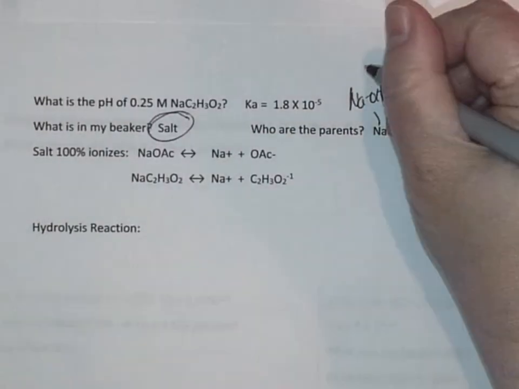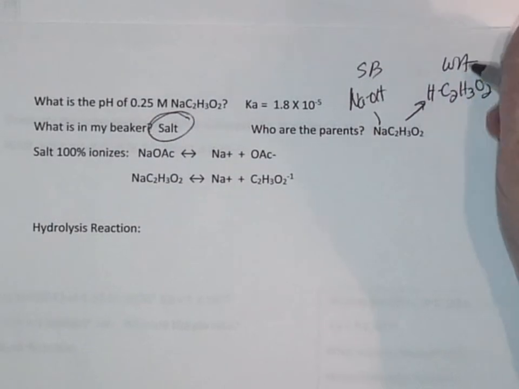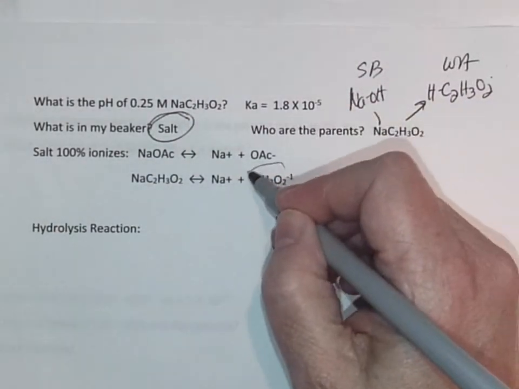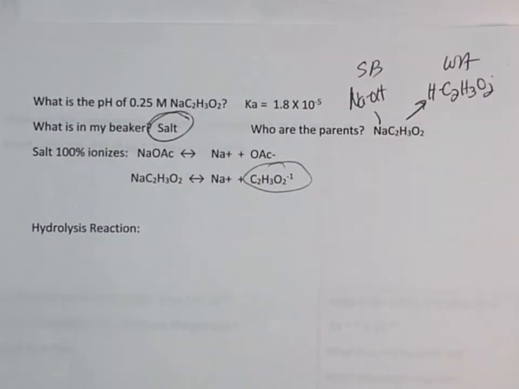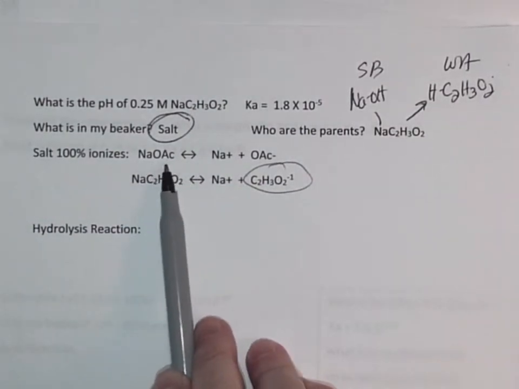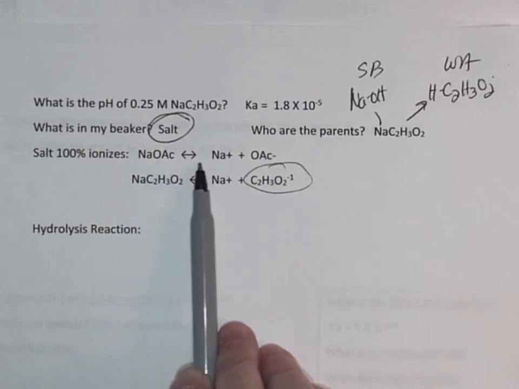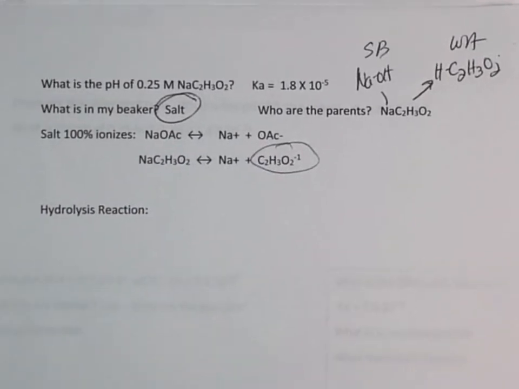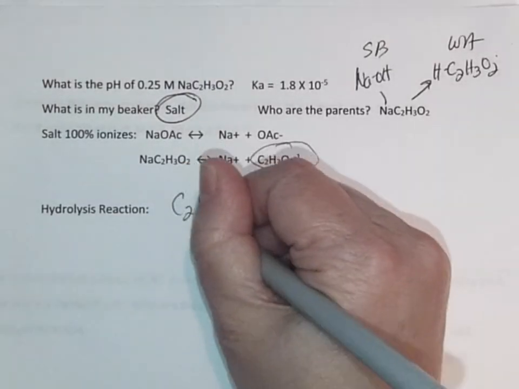So I know that this is a strong base, a weak acid. So this part of the salt is going to undergo hydrolysis. I wrote this one up here so we don't forget that you can always write the acetate ion like this. So it might look like that in some equations. So the hydrolysis reaction is